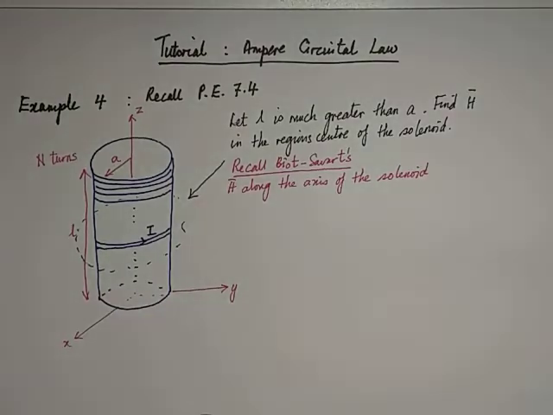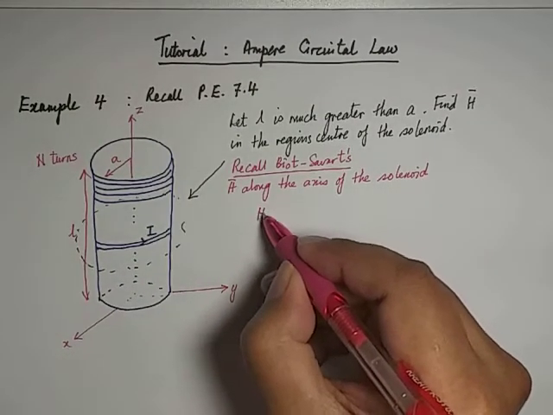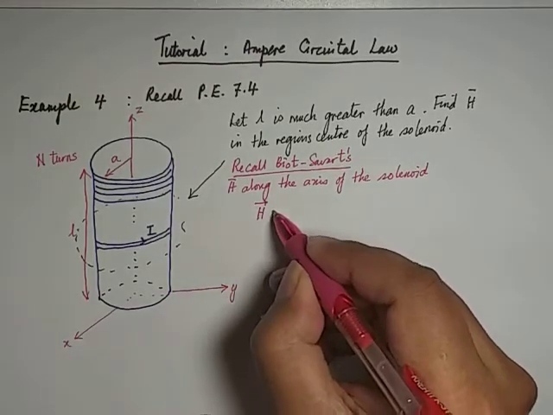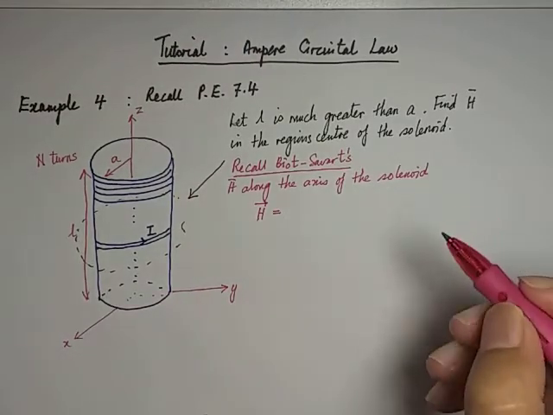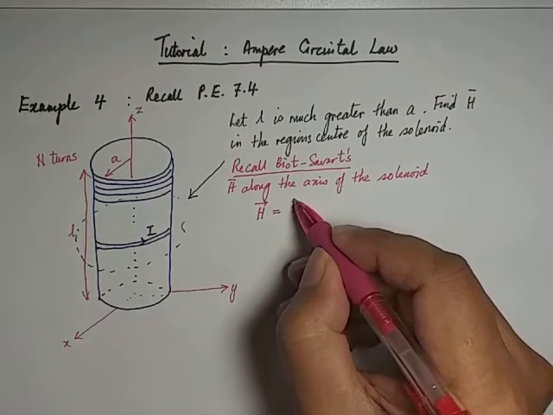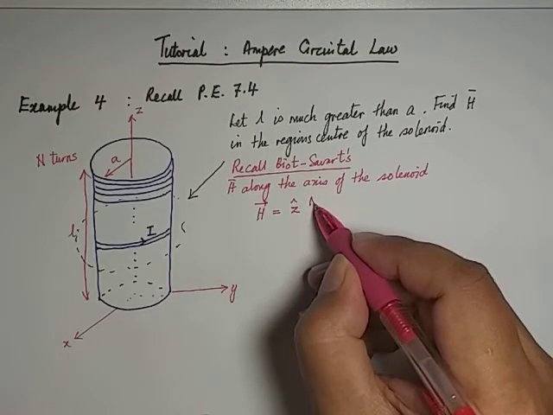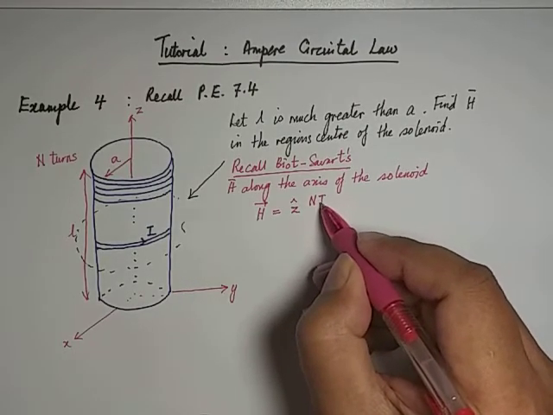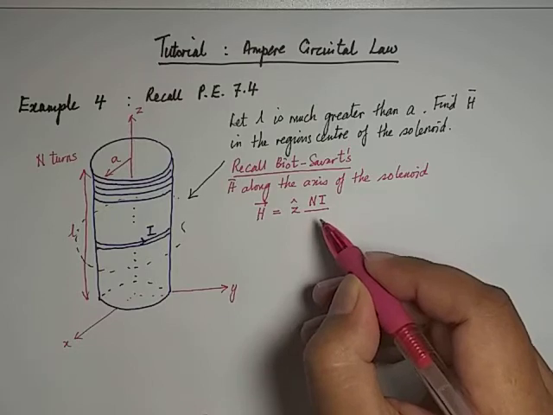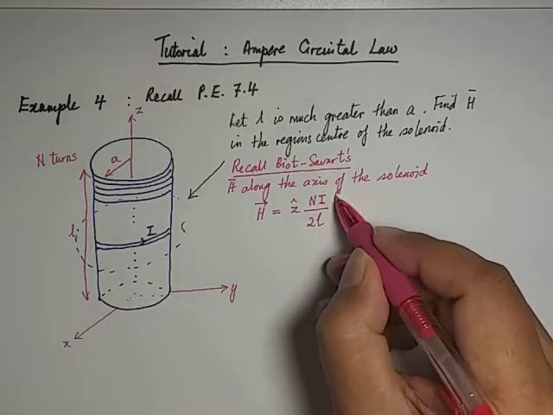Anyone remember? Okay, you have to look back in your solution. Yes, we did say that the field is along the z-axis, and then the number of turns multiplied with the current, and then we divide with 2L because we cancel the 2 pi, and then we have